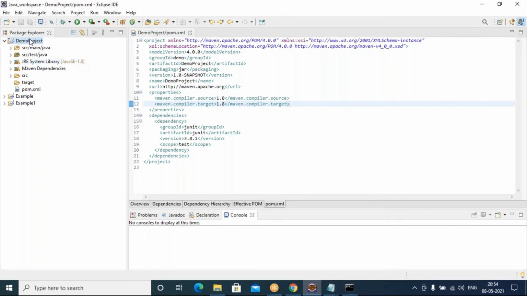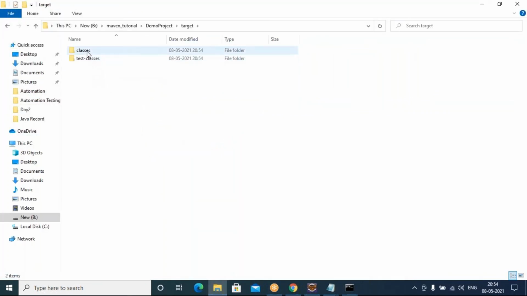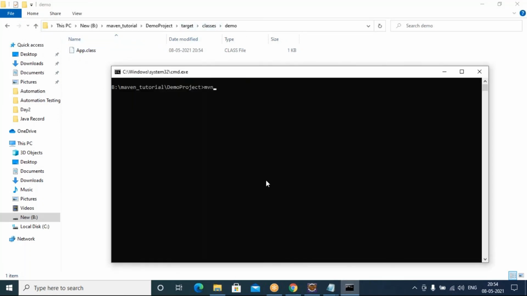Now check if anything is there inside. Okay, it is there, so let us just run this Maven clean and see what's going to happen to this target folder now.